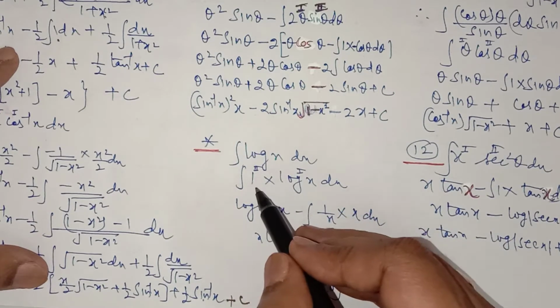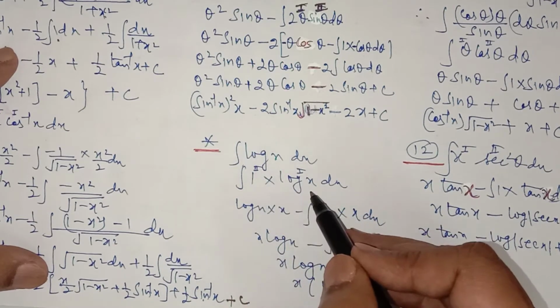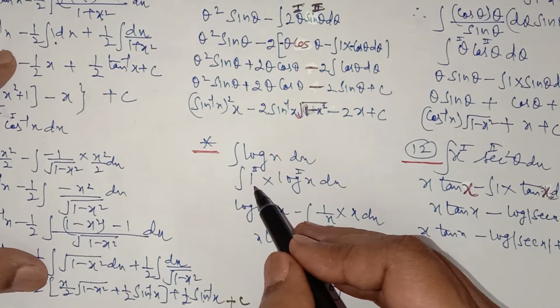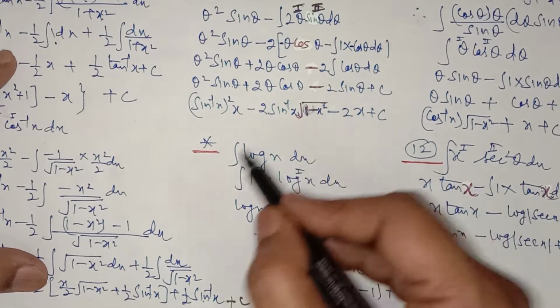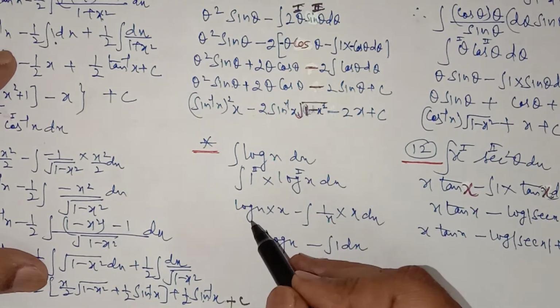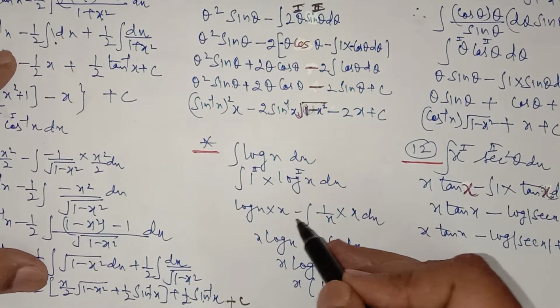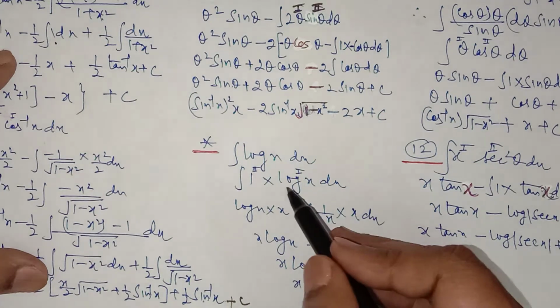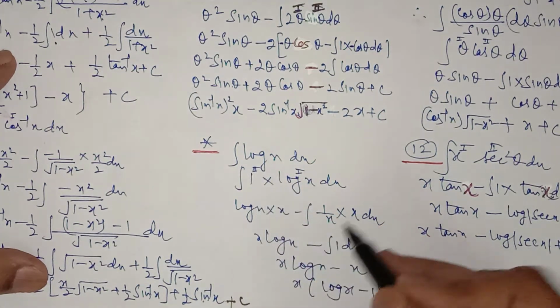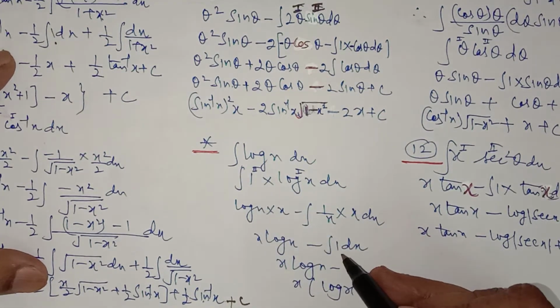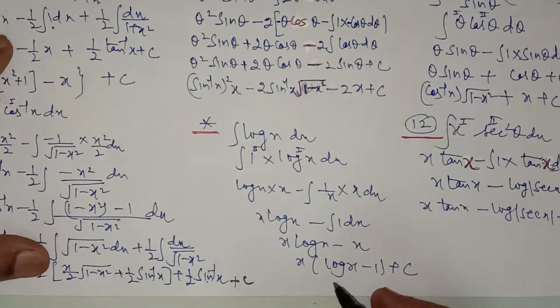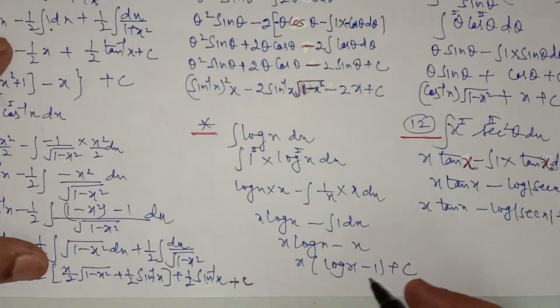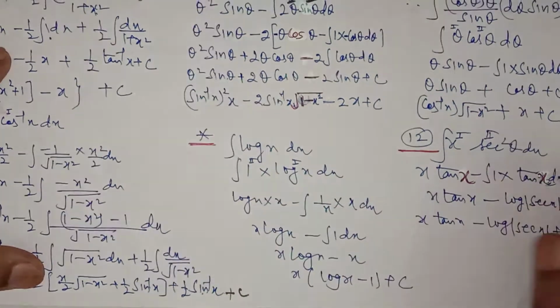You multiply it by 1. So 1 into log x. This is algebraic, so you take it as second, and log x will be first. Now integrate by parts. The first function as it is, integration of 1 is x, minus derivative of log x, which is 1 upon x, into the integral of second, which is x. Cancel out, only you have to integrate 1, which is equal to x. So the integration of log x is x log x minus x. Okay, so this is the integral of log x.